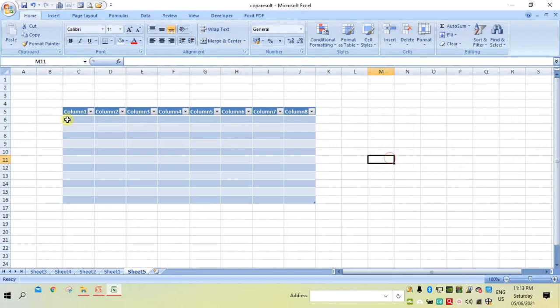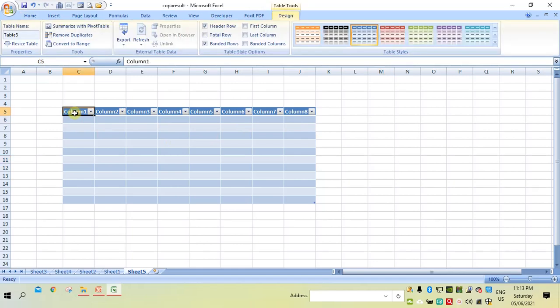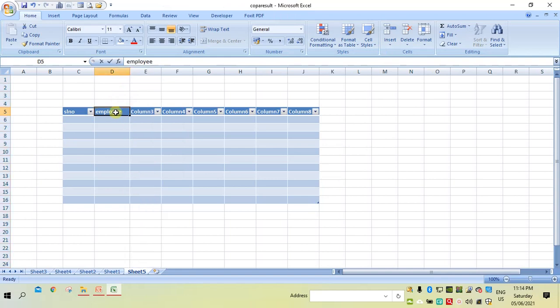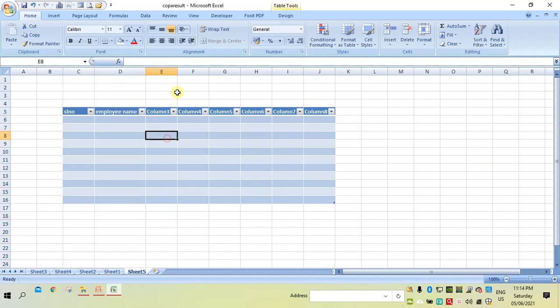So now it is creating a table. Here you can enter the data. For example, here I will enter serial number, then employee name.